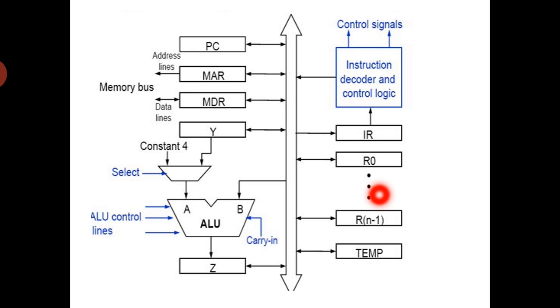We have to transfer the content of Z into the R3 register. So in the third step, we have to activate the Z out control signal. Whenever we activate the Z out control signal, the data which is present in this Z register is transferred into the processor internal bus. Now the sum is in the processor internal bus. Now we have to activate the R3 in control signal. Whenever we activate R3 in, the sum which is present in the processor internal bus is transferred to R3.